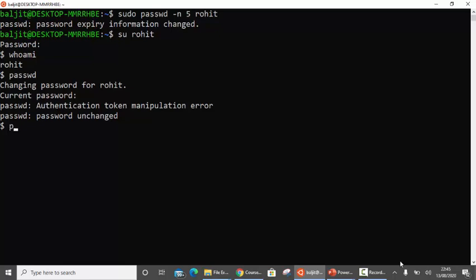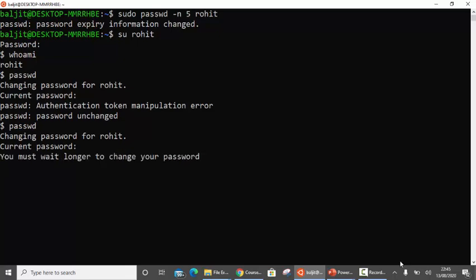Something went wrong. Let's do it again. Okay, now it gives you an error: you must wait longer to change your password because the password time has been set to 5 days. So the minimum waiting period is 5 days for this user.